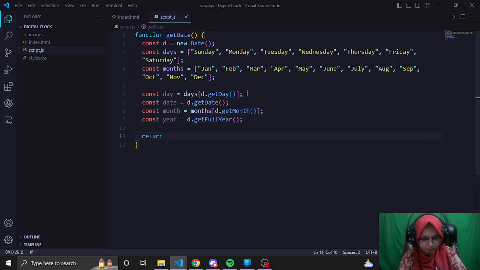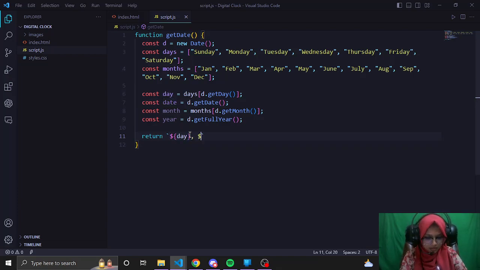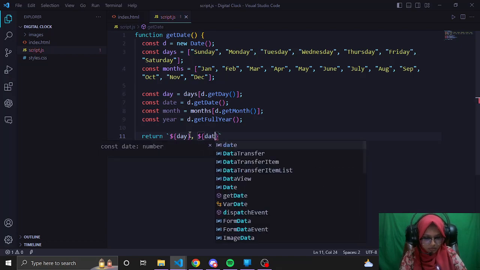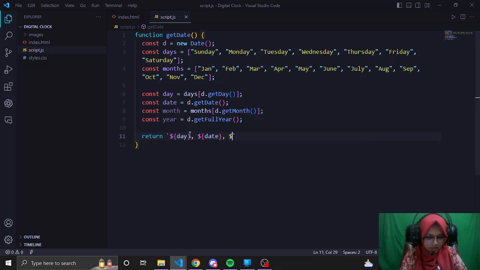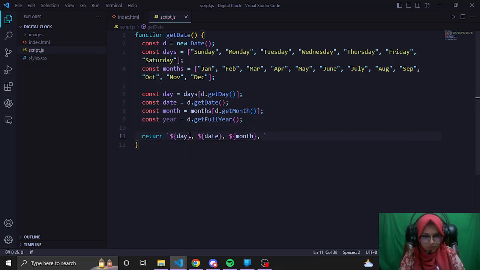Return day, sorry, day, then the date, then our month, and then we have to get our year. Okay, done. Now all you have to do is call our function and set the inner HTML of our date